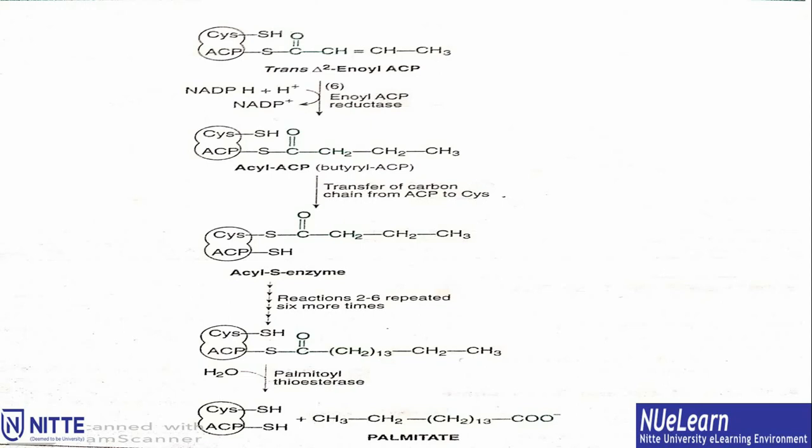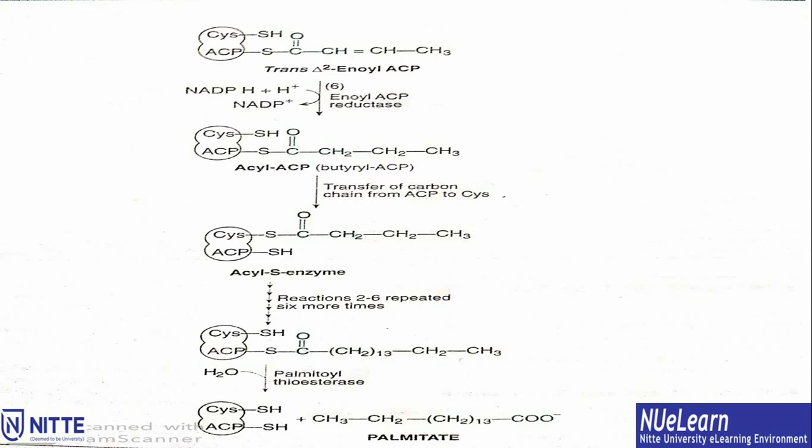At the end of 7 cycles, the fatty acid synthesis is complete and a 16-carbon fully saturated fatty acid, namely palmitic acid, which is bound to ACP, is produced. Now, the last enzyme, that is palmitoyl thioesterase, separates palmitic acid from fatty acid synthase. This completes the synthesis of palmitic acid. So, at the end of synthesis, we obtain palmitic acid, and at the same time the fatty acid synthase enzyme complex is also regenerated.